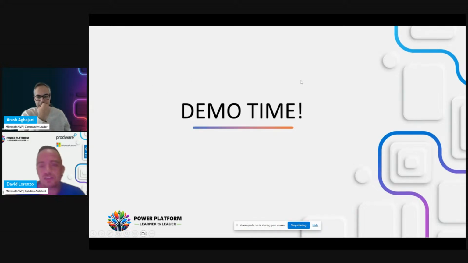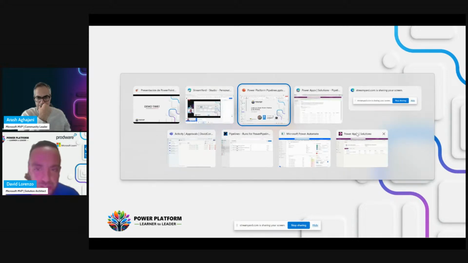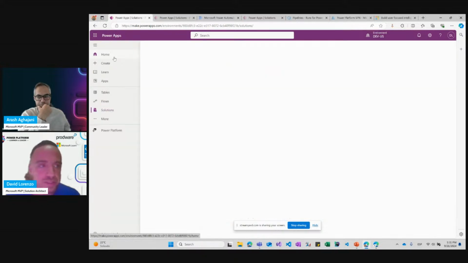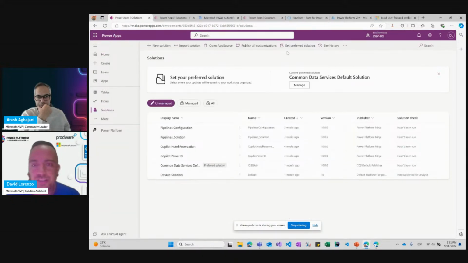And finally, we will see the whole demo process, where I will start by showing you the configuration of the pipeline. Okay, let's switch here. This is the development environment. In the beginning, we have a blank environment.